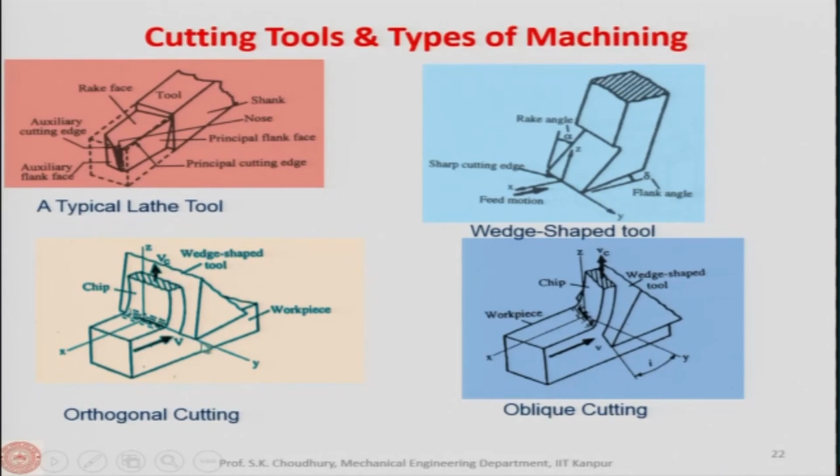But when the tool edge is inclined with respect to the cutting velocity vector, as you can see from this diagram, okay, that the tool edge which is here, this is inclined with respect to the cutting velocity vector by an angle of this, okay, I, this is called the tool inclination angle. So, in that case, this kind of cutting process is called the oblique cutting, okay. So, in oblique cutting, or rather we will say that because the tool is inclined with respect to the cutting velocity vector, then the